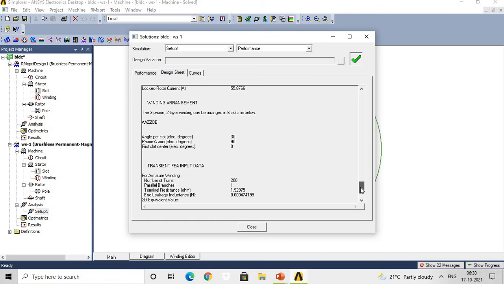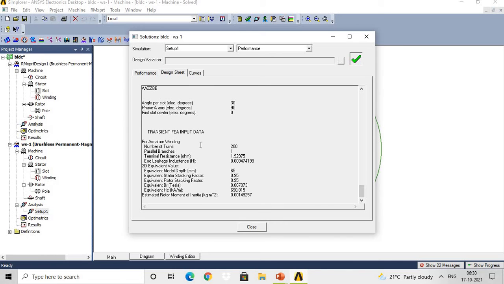Regarding the winding arrangement, like what is the angle per slot, phase A axis electrical degree, phase slot center electrical degrees, etc. Then transient FEA input data, like for armature winding, number of turns, parallel branches, terminal resistance, end leakage inductance, 2D value, that is, what is the equivalent model depth of the 2D model of this motor, then equivalent stator stacking factor, equivalent rotor stacking factor, equivalent rotor magnetic flux density, then equivalent height of the magnetic field strength of the core, estimated rotor moment of inertia in kg meter square.